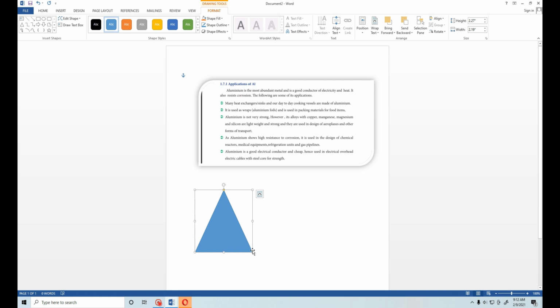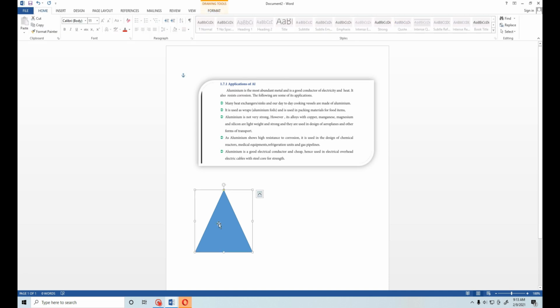In MS Word you can change the appearance of your drawing. Suppose you want to change the appearance of the drawing, you follow these steps. Select the drawing object. Then the Format tab appears under Drawing Tools.